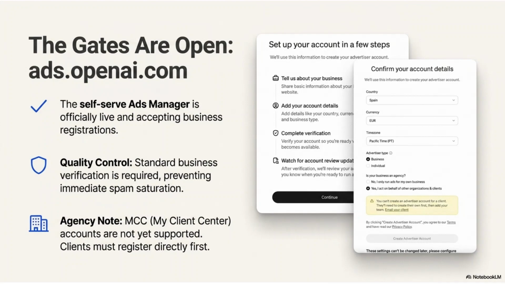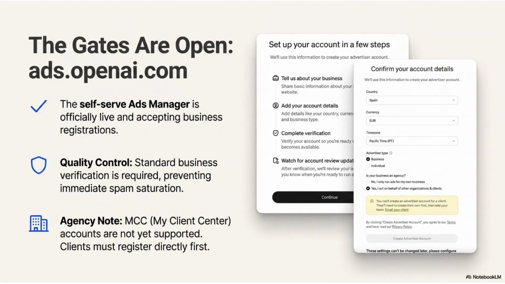And the third one is the agency node, MCC. We do not yet have the option to create the MCC account. So right now we need to create an individual account for each and every business, and manage the businesses based on the individual accounts itself. We need to log in to each individual account. So once we get the MCC account, we can list all our client businesses under one MCC account. We can manage them there. Okay,